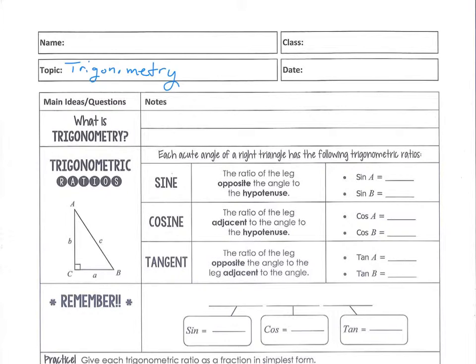Depending upon your field of choice, you may have had to find, or may have to find, great distances that are difficult. You're not going to go across the Great Lakes with a measuring tape from one place to another to measure the distance. You're not going to see the person on the other side. But what you can do is position yourself at one place and a person at another place and find that distance and know your angle and be able to calculate using trig that distance that was impossible to find. And so trigonometry is really the study of, and this is just really brief,